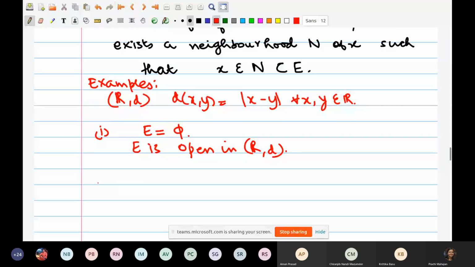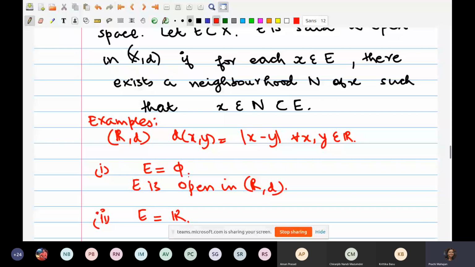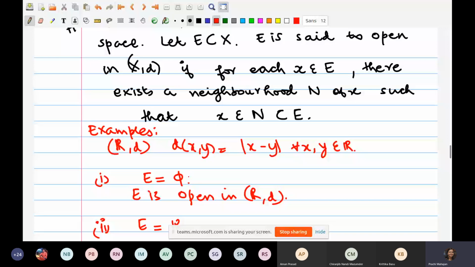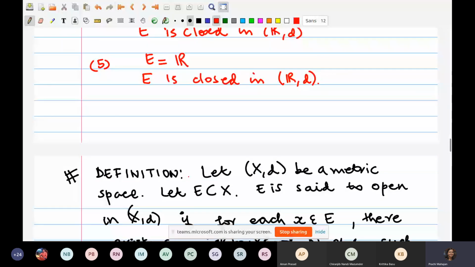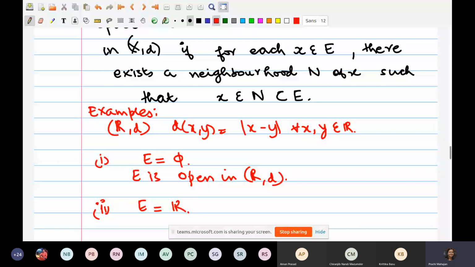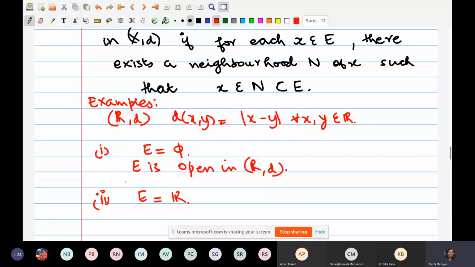Example 2. Let's take E to be the set of real numbers. Now, what do I want to say? I want to check whether this set is open or closed. Well, sorry, I take my words back. We have all agreed that this set E is closed in R. The question that I am asking is whether E equals this entire real line, is this set open in the Euclidean metric space? So I claim that this is open. Why is that? Let's see.